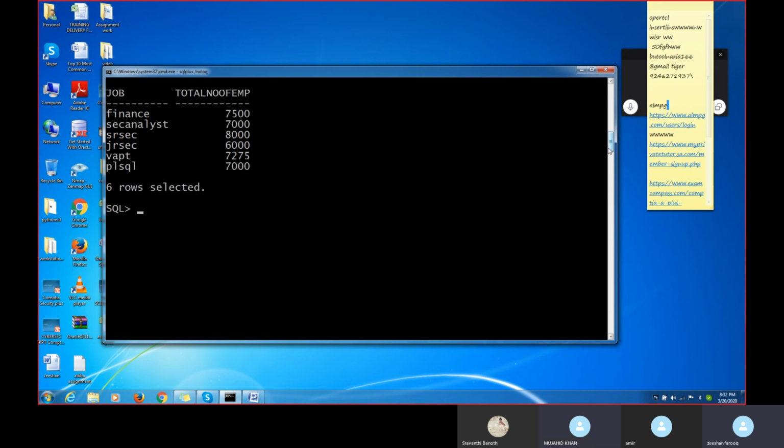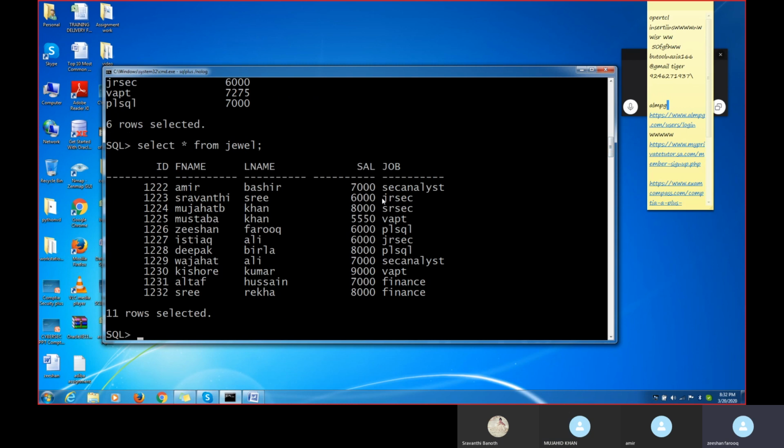Okay. If I want to see the maximum salary in each job, for example, one VAPT person is getting 5,500, the other VAPT person is getting 9,000. So in each job, what is the maximum salary the people are getting?